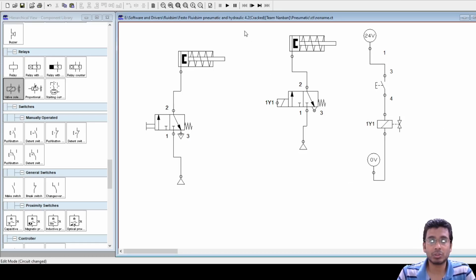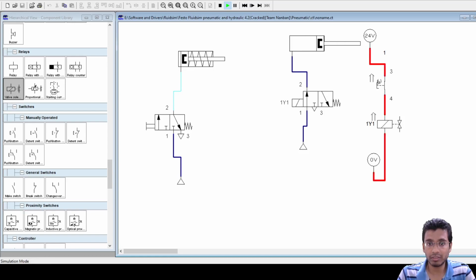Fine. So now if I press this push button, my cylinder extends, and the moment I leave it, it retracts back. Similarly, in the case of the pneumatic circuit, you will be pressing this and it returns back. So what is the difference? Here you are directly using a 3/2 push button valve.